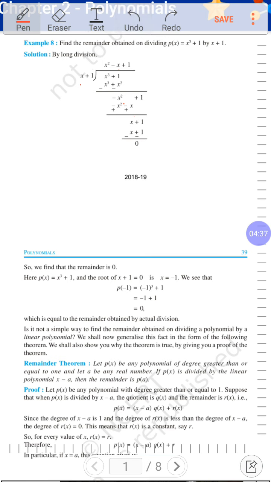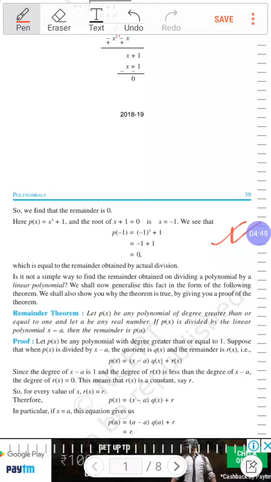If you will see, we find that the remainder is 0. When we divide, we find that the remainder is 0. And in the remainder theorem, what do we keep? We keep the zero of the divisor. When you watch today's sent exercise solution, there also I have written the zero of divisor g(x). You can name the divisor as g(x) or f(x) also; that depends, it is like assuming only.